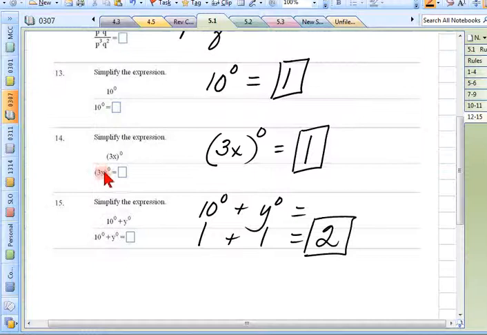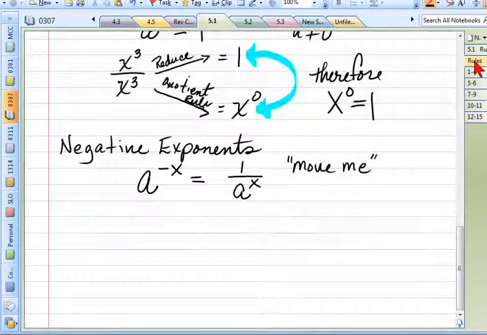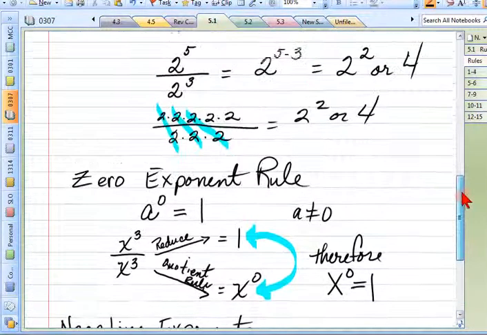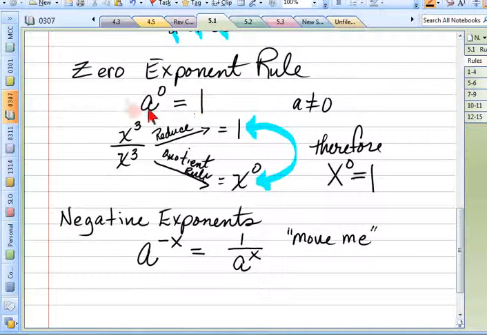No matter what that is or how complicated it is, if it's raised to the 0 power, it's equal to 1. Okay? Yes, sir? No, the zeros didn't cancel out. It's just that any base to the 0 power is equal to 1. If I went all the way back to my rules, here it is. Okay, I'm going to go ahead and